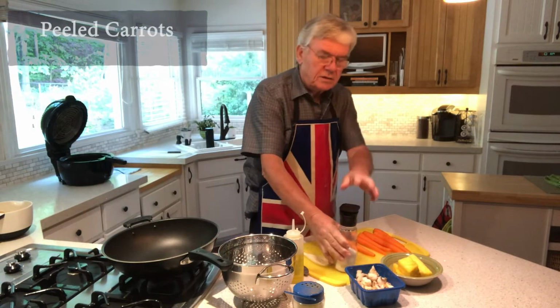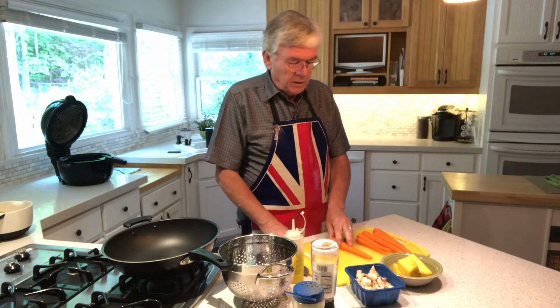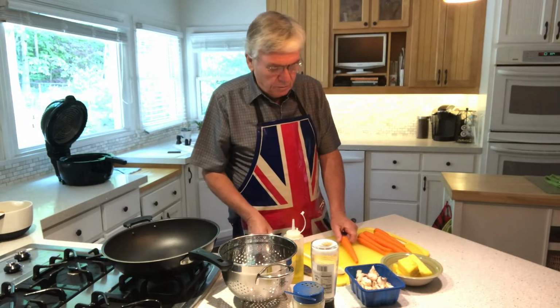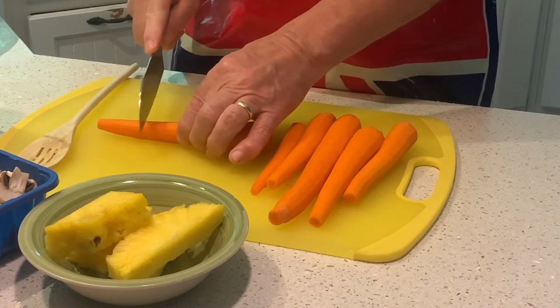Now with the carrots, New Zealand carrots, if I misled you with Australia, that's the other big island. New Zealand carrots are actually sweet at the end, because what you put in, you cook them in olive oil and a little bit of butter, and then you put honey on them, and the honey just kind of gives it that nice sweetness. So I cut them about 2 inches long